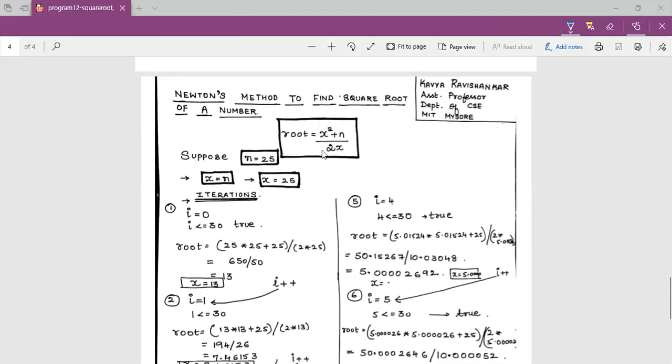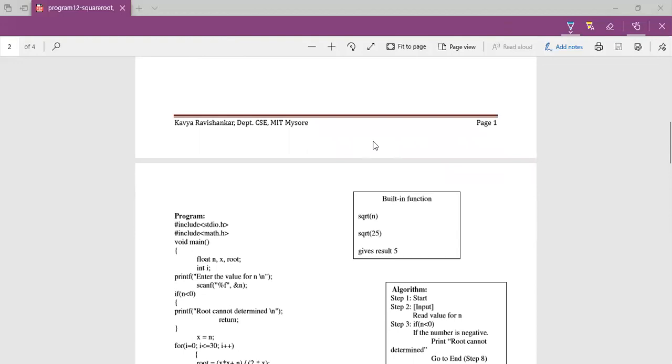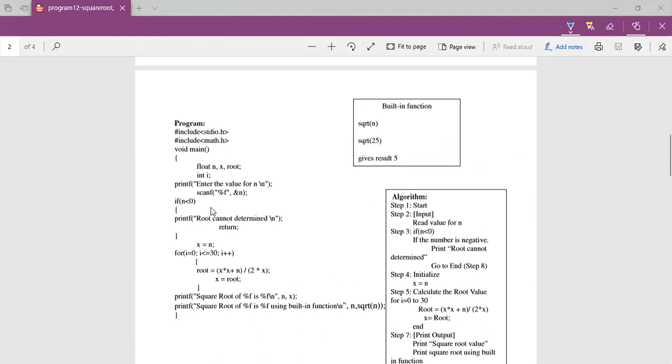We're just substituting the values in the formula. Root is equal to x square plus n divided by 2x. So in the program, we can see we have written here x square plus n divided by 2 into x. Next statement is x is equal to root. So this executes until 30 iterations of for loop.